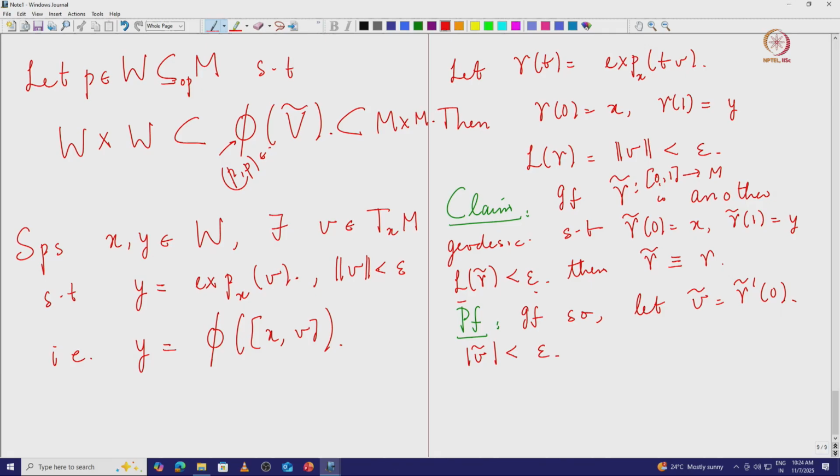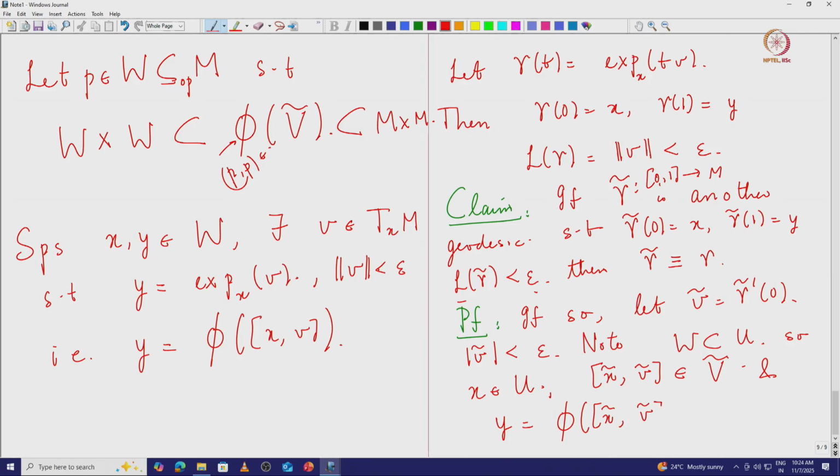But then note that W is contained in U, so X is also in U, and which would mean that X tilde V tilde is in V tilde and Y is also equal to this, right, because we are assuming that this is another such geodesic, but we already know that this is equal to this. So that contradicts the injectivity of phi,